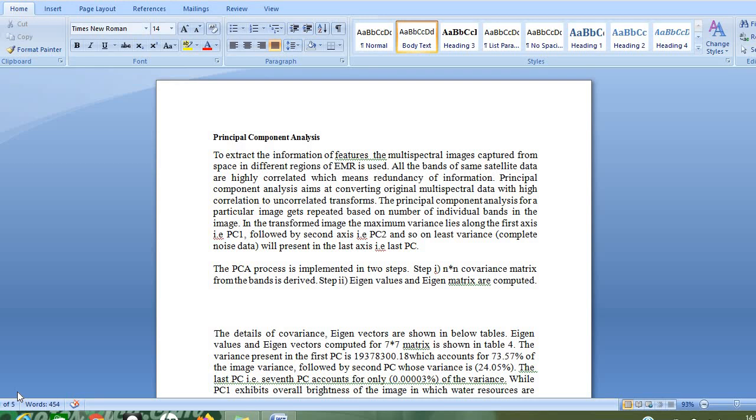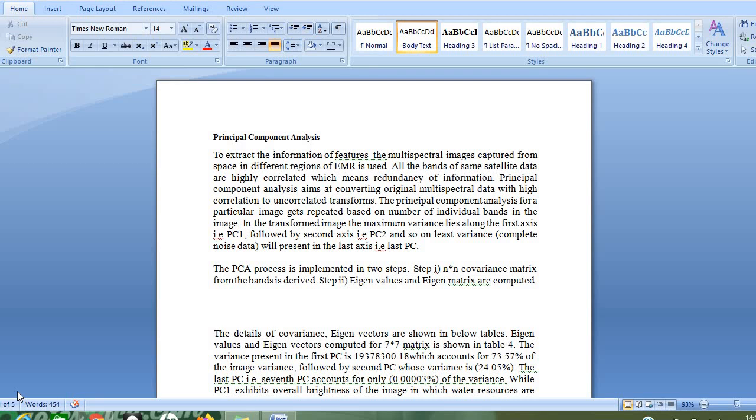It is mainly used for reducing the dimensionality of the data of MSS. Okay, it is the first thing. If you find that a similar amount of data is getting covered in two different bands, instead of accessing two bands, try to use any one band. I have said the example: band 1 is covering 100% data, band 2 is covering 80% of the same data of band 1. Now instead of using band 2, just ignore it. Why? Because its information is already covered in band 1.